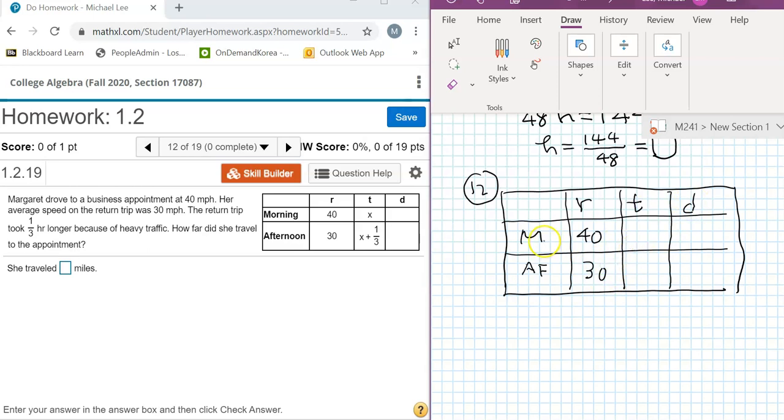What that means, morning takes x hour. We don't know how long it took, but the return is 1/3 longer. Okay, that's what it means. 20 minutes means 1/3 hour. I don't have to know that, that's already 1/3 there. Okay. So now, but the thing is,